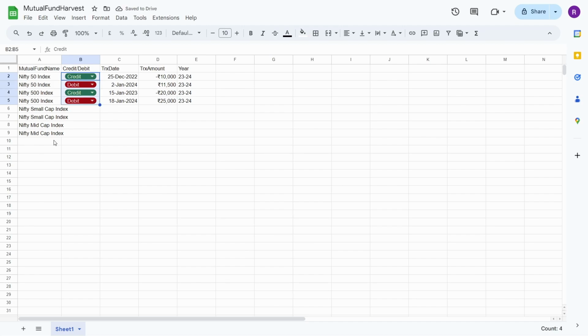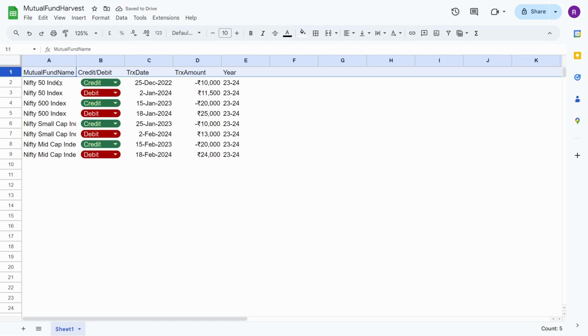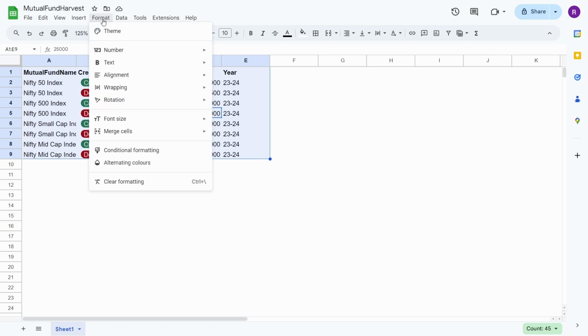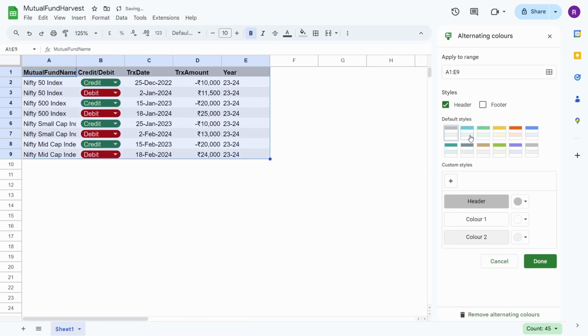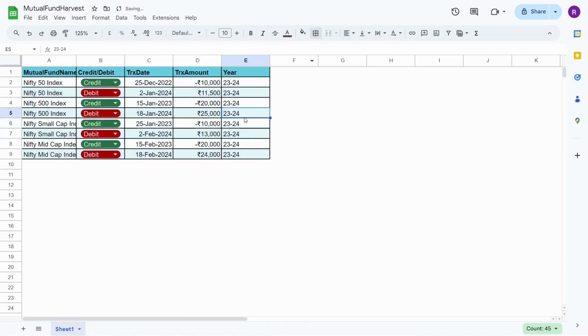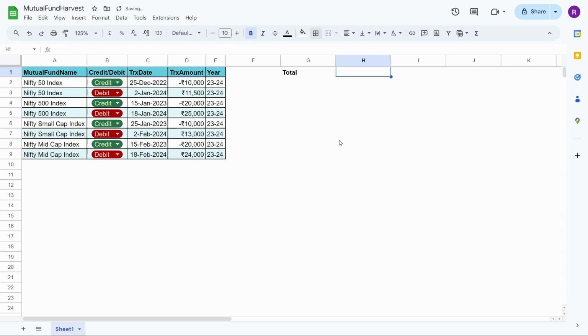So this time what I'll do is I'll just copy this, paste it over here, and again copy it and paste it. Copy this as well. Let me do a little fix and bold the first line. I usually prefer alternate colors. So this is looking good, I'll not keep the borders, and let me do the alignment. Okay, total, and let's assume that I'm having mutual fund only, so I'll keep it as mutual fund and